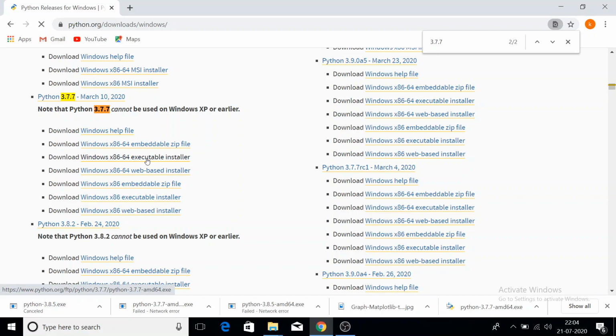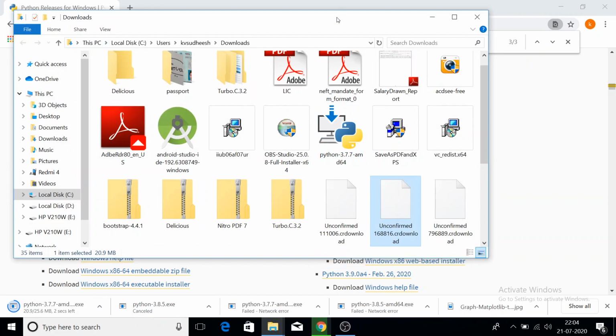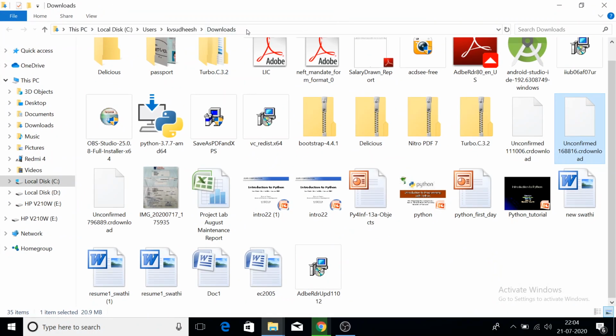Okay, now it starts downloading. Okay, you'll get the downloads in the operating system's downloads folder by default.